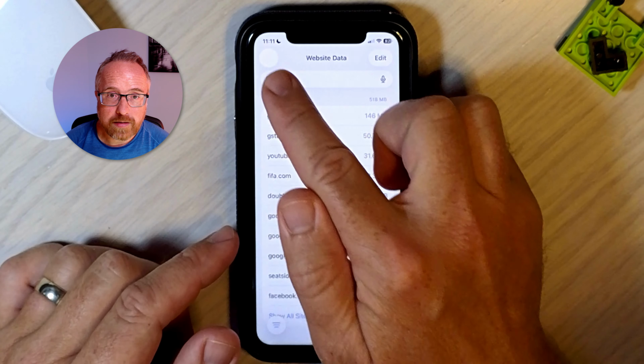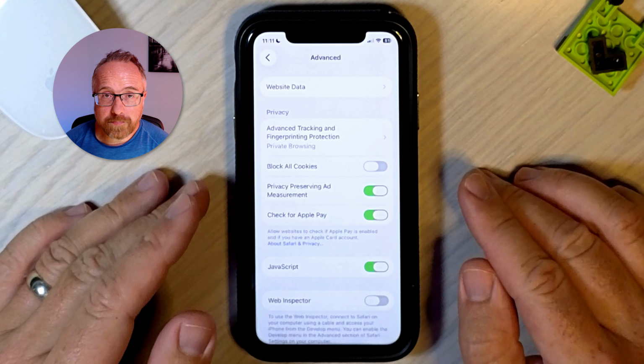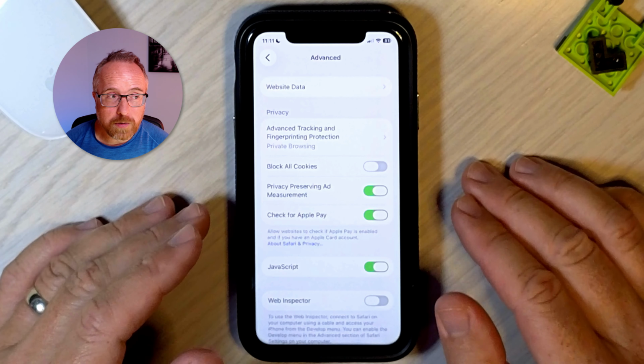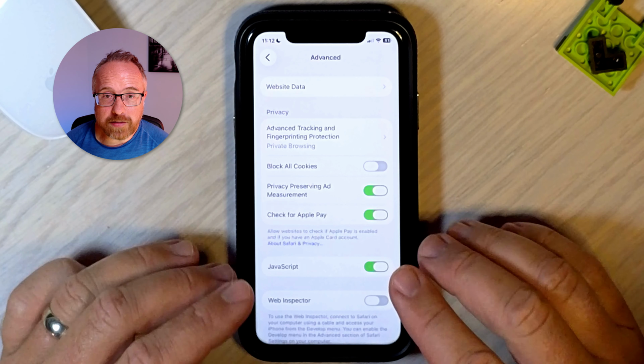But first, we're going to go back out of here and we're going to check out block all cookies. If this is turned on, all cookies are blocked. Cookies are required by lots of websites to function. Most predominantly websites that require a login. So Facebook, Google, your banking websites, investing websites, any websites where you have to log in, they put a cookie on your phone, and the presence of that cookie on your phone tells that website that you've logged in the recent past. And then when you go to that website again, it just logs you into your dashboard. It doesn't make you enter your username and password again, which can be quite a pain if you visit these sites a lot. So cookies or block all cookies, I usually have that turned off,